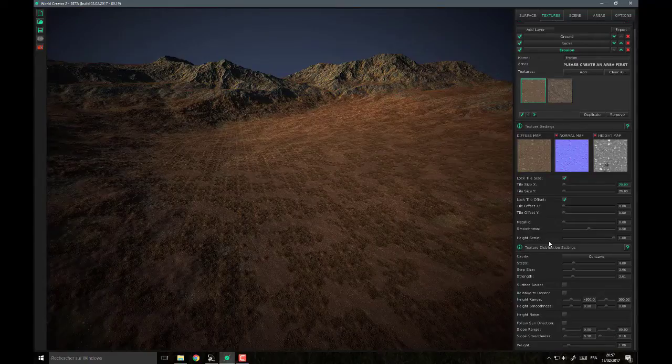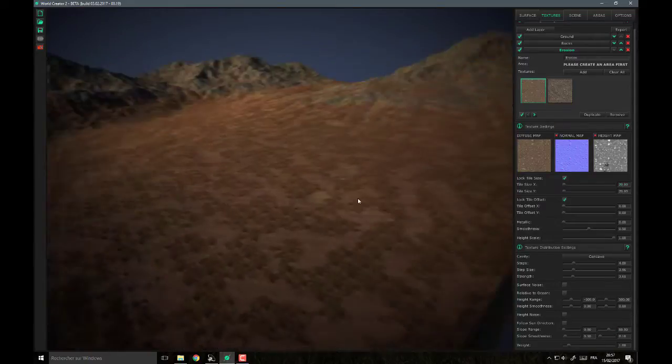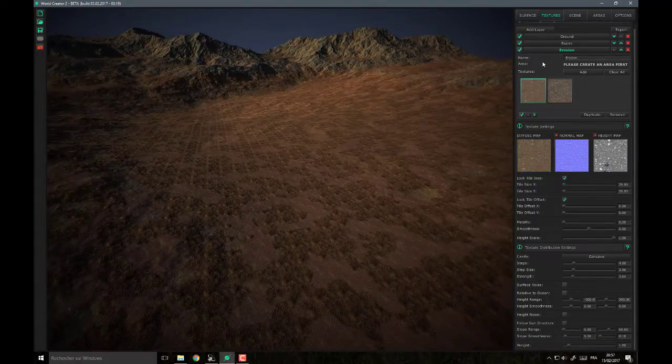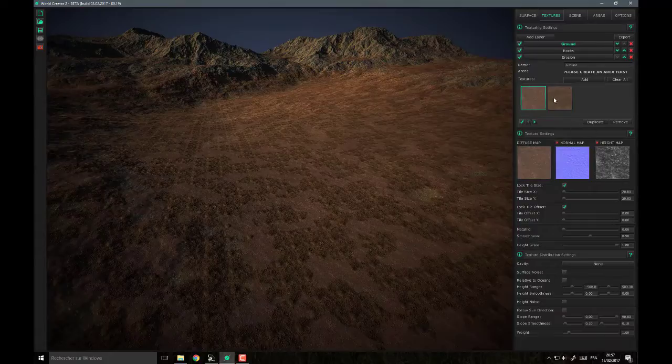This is better. Now we have something a bit more convincing, except for one of the ground textures, this one,